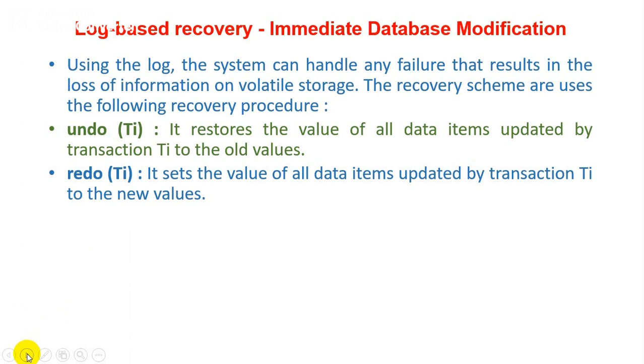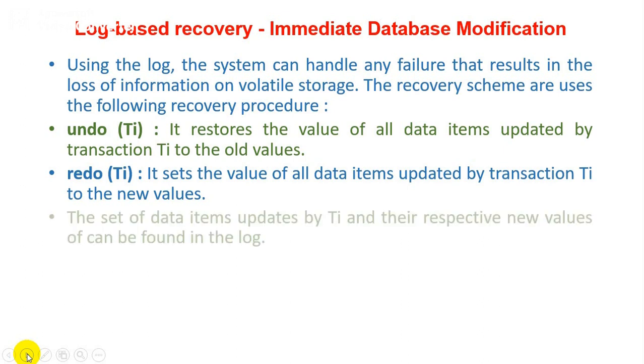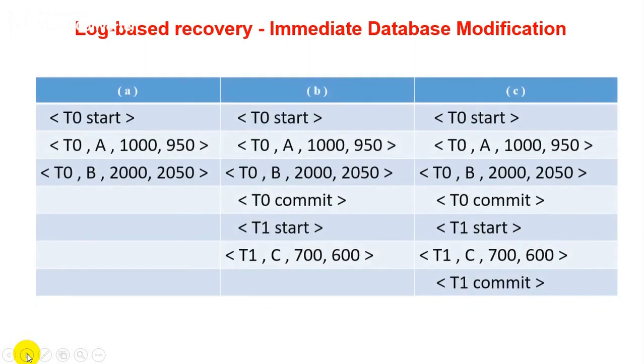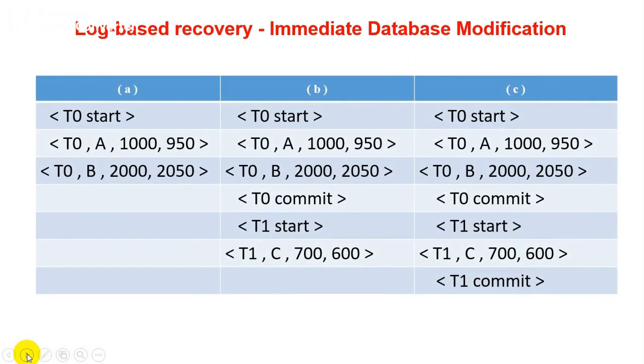But in case B, you are performing commit and then a new transaction will be started. And at the end of transactions in case C, you perform all three things, which is first, second and third. It's common in all the cases, but what is the difference? After completion of all the transactions, you perform a committed state. Like after completion of the successful T0 instructions, you perform commit, then you perform T1, and after completion of T1 you perform a committed state.